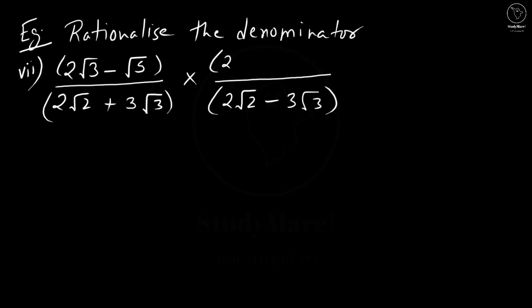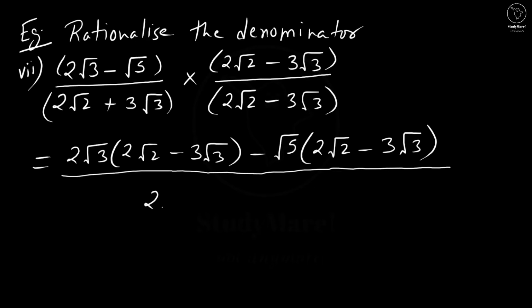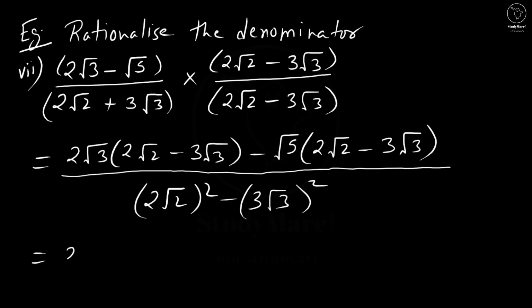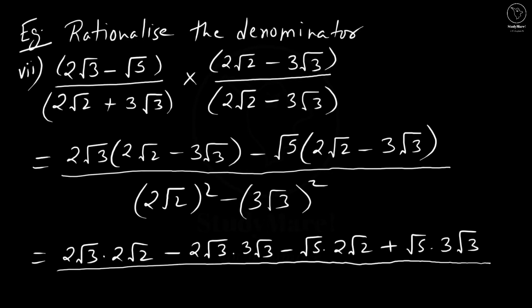Multiplying the denominator as well as the numerator with this, we get (2√3 − √5)(2√2 − 3√3) divided by (2√2)² − (3√3)², which equals 2√3 × 2√2 − 2√3 × 3√3 − √5 × 2√2 + √5 × 3√3 divided by 4 × 2 − 9 × 3